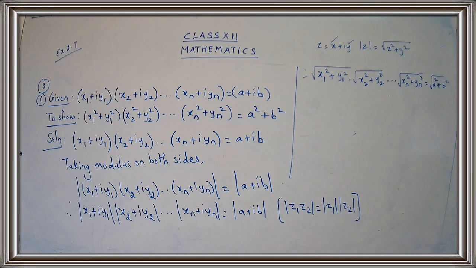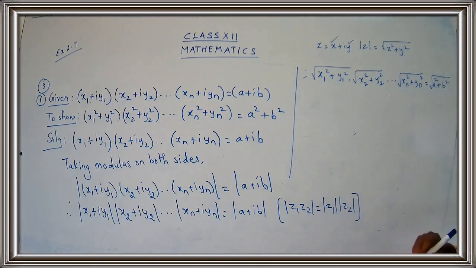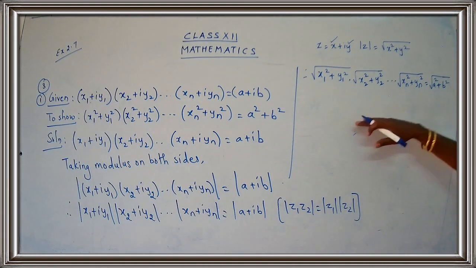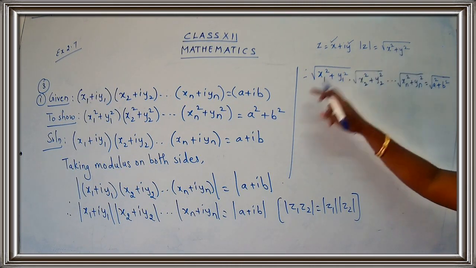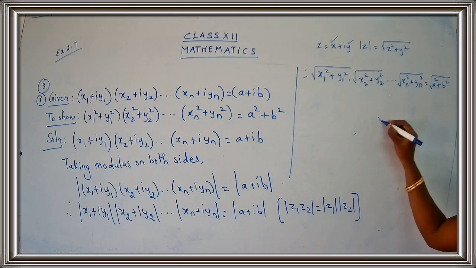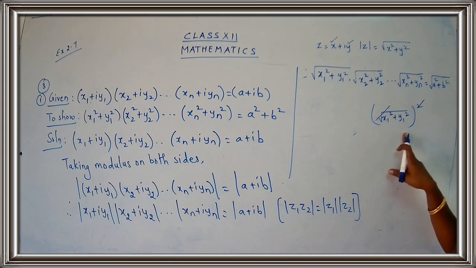Okay. Now what are we going to do? So now we have to remove the square root sign. So how to remove the square root sign? We can just square on both the sides. So when you square on both the sides, the square and the square root term get cancelled. Suppose you have square root of x1 square plus y1 square, and you square this. The square and the square root term get cancelled, and what will be left here? x1 square plus y1 square. I hope you are clear, children. Are you getting the step?